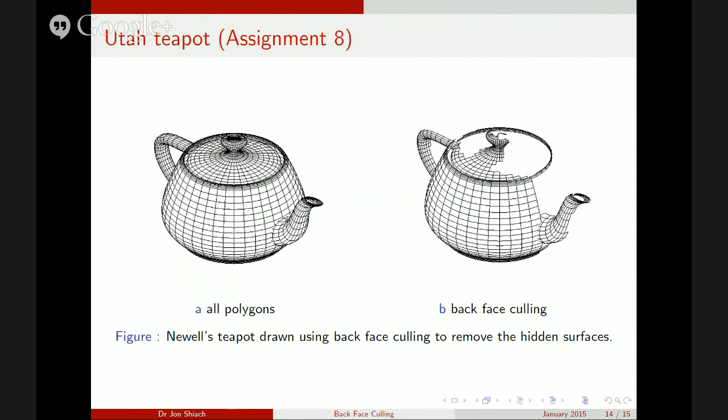But your assignment 8 is essentially to draw the teapot: loop through all of the polygons which construct the teapot, calculate their normal vector, and do the dot product between the view vector and the normal vector. If it's positive, plot it. If it's not, don't. Simple as that. So that's what your assignment 8 will be about. Right. What I want to do now is